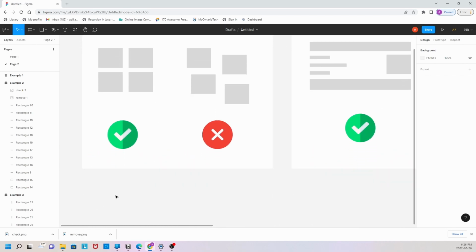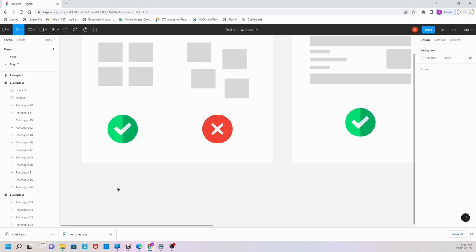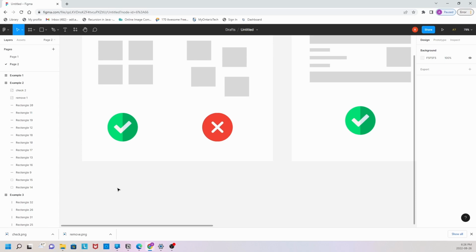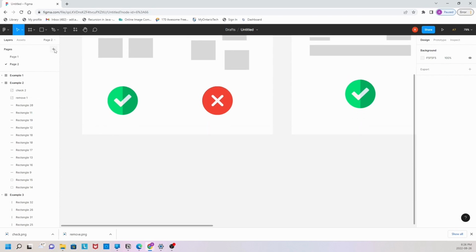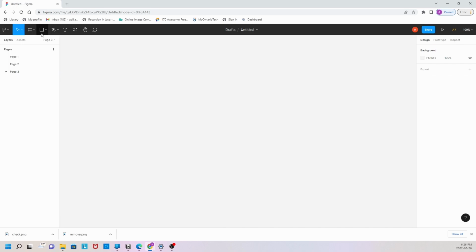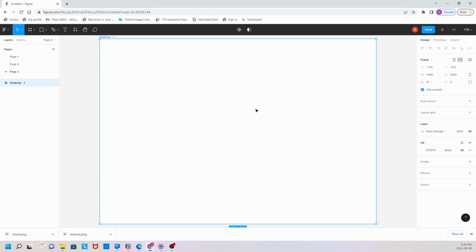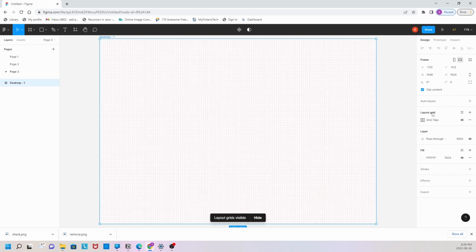So you might be asking yourself, how can you make sure things are aligned properly? And the answer is by adding layout grids for your design. Let's add a new page and create a new frame. Select on desktop. And under design, select on the option that says layout grid